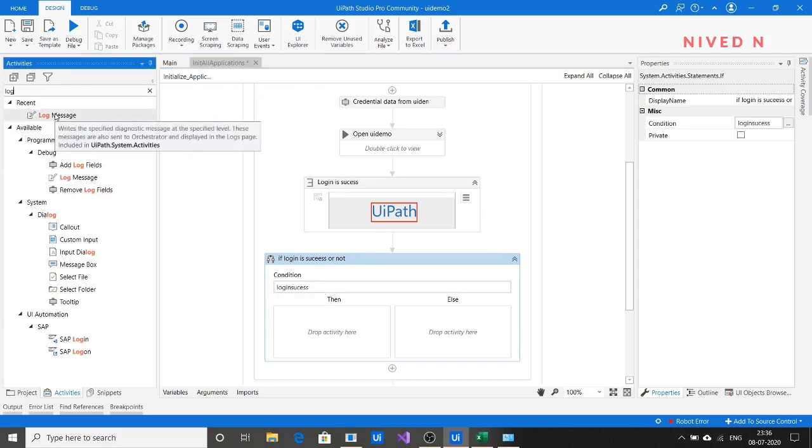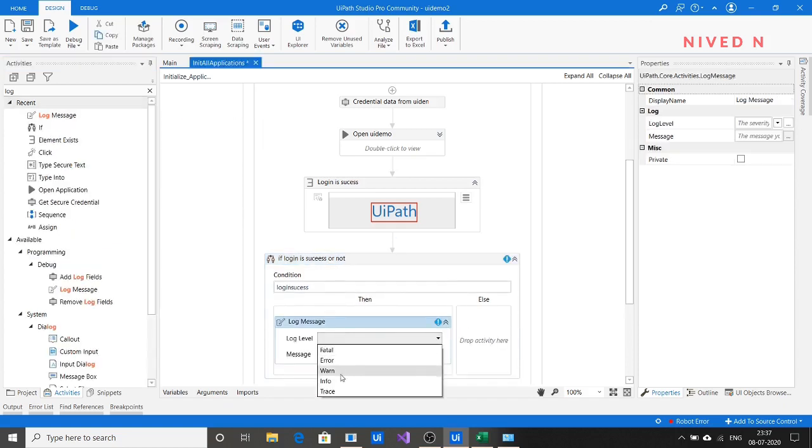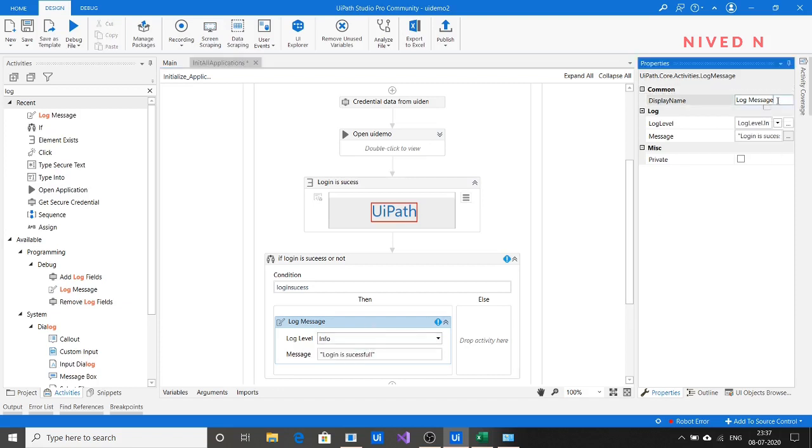Use the log message activity, drag it here, and give the information that login is successful. Give it a name, login is success.